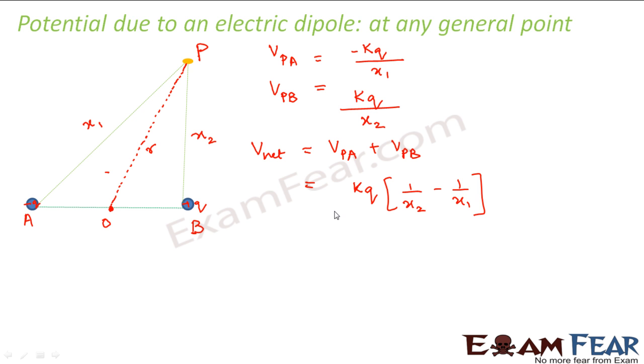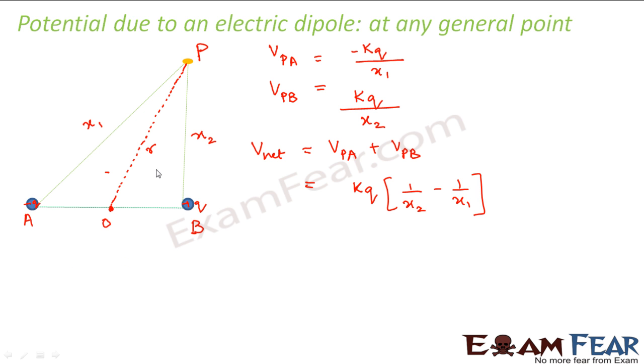Now if you look at the question, the only thing that is given to us is r. The question only tells that there is a point P which is located at a distance r from the dipole. So if the question is asking you something only in terms of r, you should answer the question also in terms of r. That means you should tell the net potential in terms of r and not in terms of x2 and x1, because x2 and x1 are something which we have constructed now. It was not given in the question, right? So let us try to replace x2 and x1 with r.